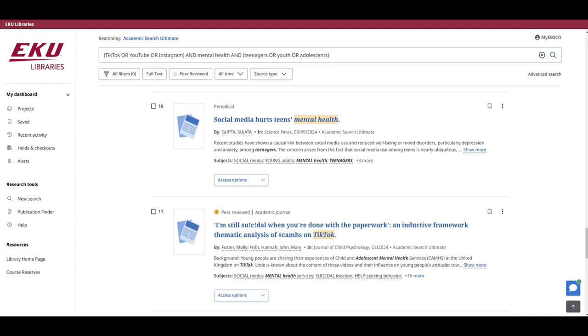Remember earlier in this tutorial when I mentioned that EKU Libraries subscribes to hundreds of databases and that we were going to use Academic Search Ultimate because it is general and multidisciplinary? Another great reason to start with Academic Search Ultimate is because it lets us search several of those other databases, most of which are discipline or subject specific, and we can search them at the same time as we search Academic Search Ultimate. To do that, we go to the top of the page and find this Searching Academic Search